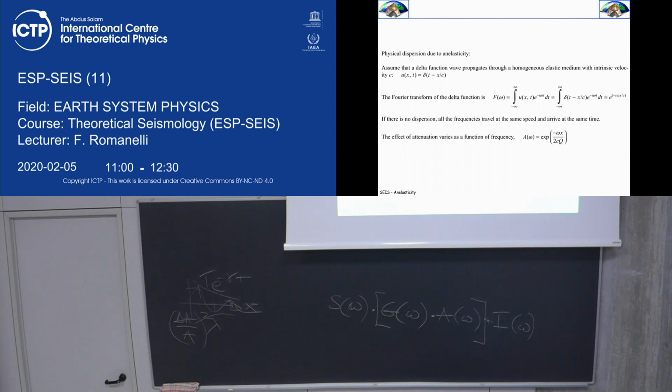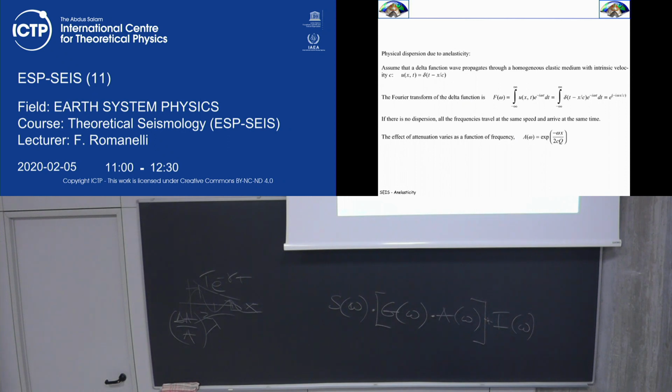Now, let's imagine plugging a delta into the system. Green's function, right? Okay. But now let's take a beautiful, homogeneous, infinite, elastic, wait a second, unelastic medium. If you put in a delta, what are you waiting for? The amplitude will be diminished in time and space.